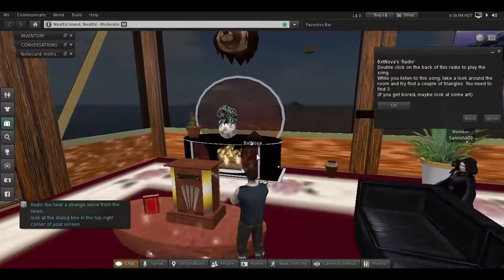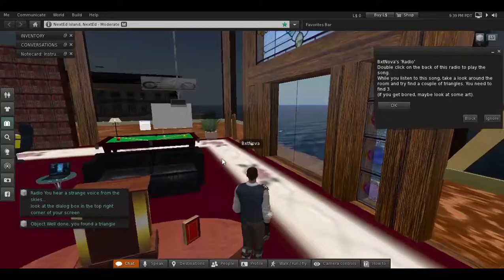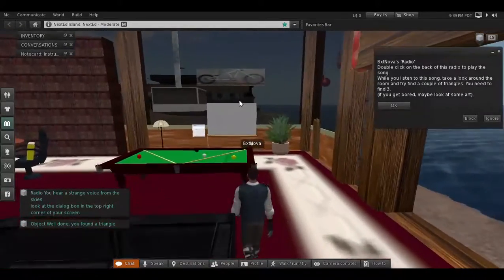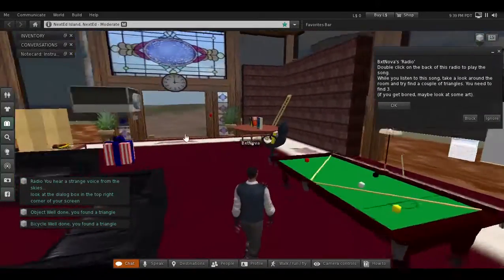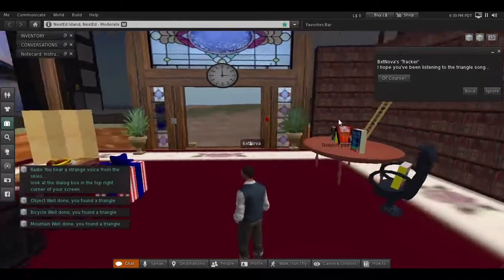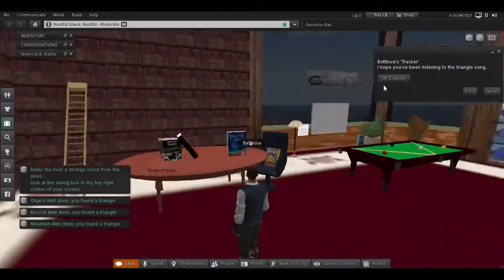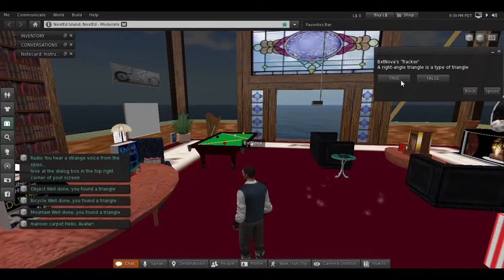They're then allowed to explore the room and curate, effectively getting an idea that through curation as a pedagogy they're able to gather information from around the room, finding various triangles that are hidden around the room, and at certain points of progress they'll then be able to unlock challenge questions. So as you see, a dialogue's popped up in the top right corner,